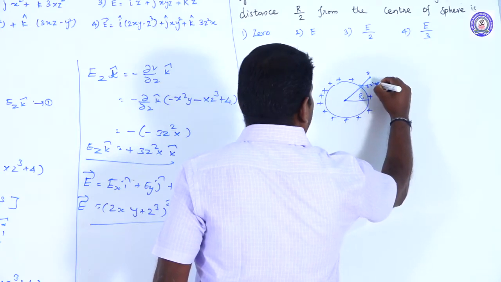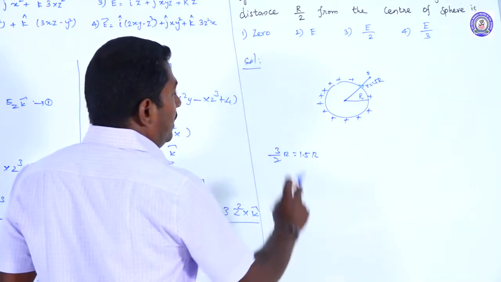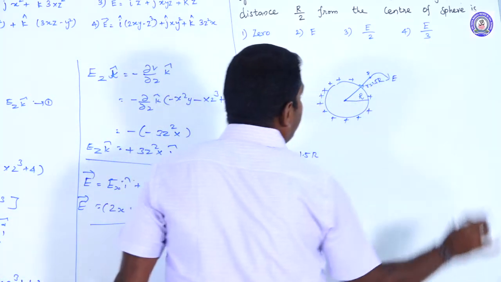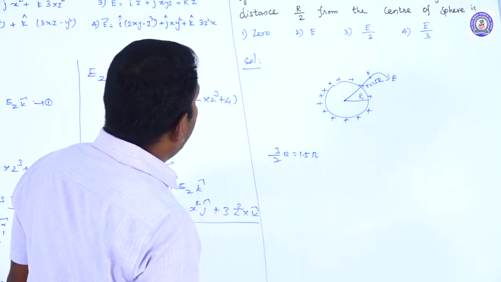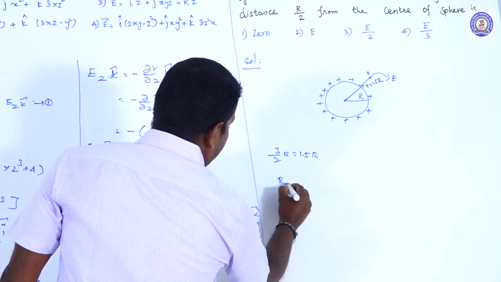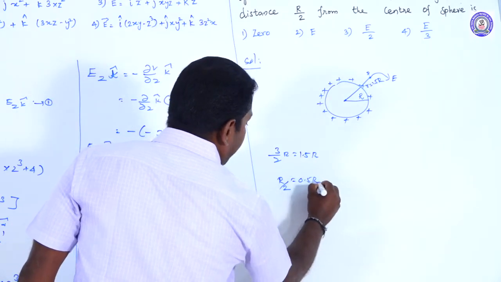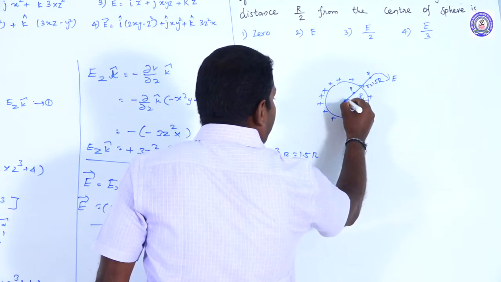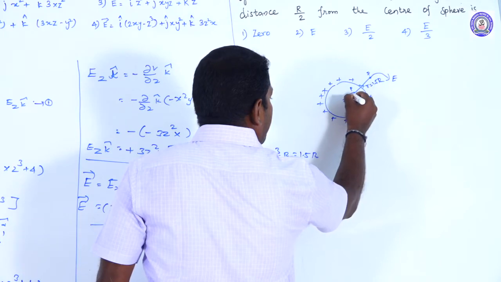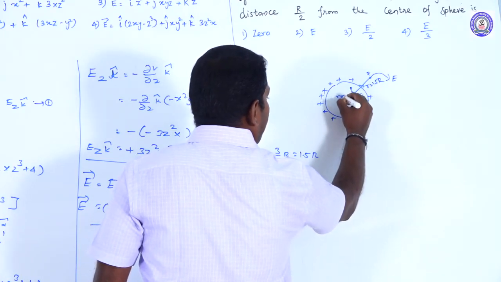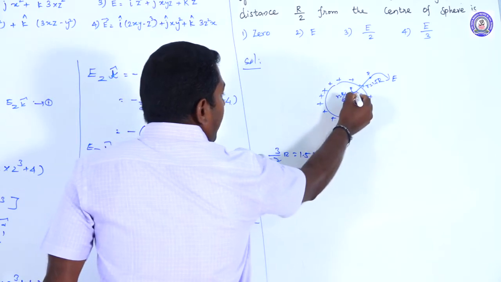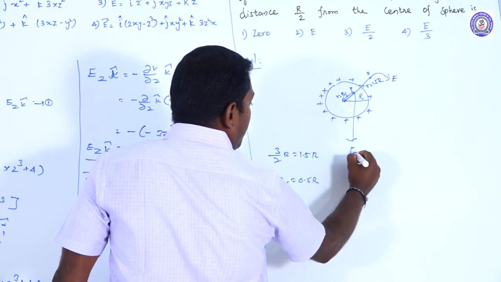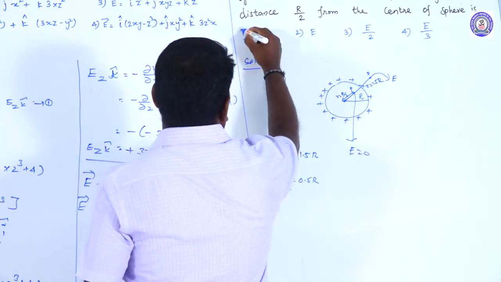That distance r is equal to 1.5 times the radius of the spherical shell. That point lies outside the uniformly charged spherical shell, so electric field intensity is there. But in the other case, the electric field at a distance r divided by 2, which is equal to 0.5 times the radius of the spherical shell, that point P lies exactly inside the uniformly charged spherical shell. From the center, the distance r is equal to r by 2. That point lies inside the uniformly charged spherical shell. The electric field intensity at that point E is equal to 0. So the right choice is first.